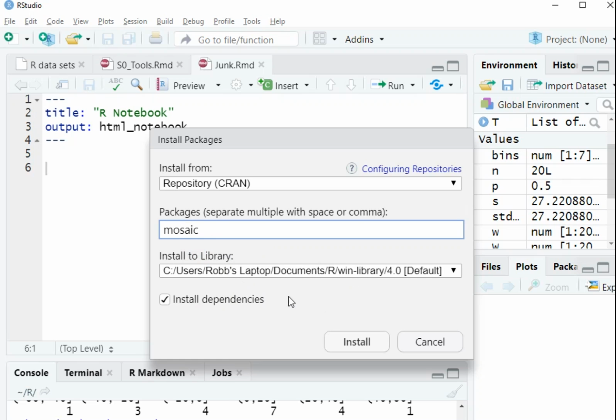Leave all of this alone. Checkbox on the install dependencies, yes. When you install a package, sometimes there are some other packages that the package needs. So this is going to pull all of the packages that are needed to run Mosaic in. And when you hit install,